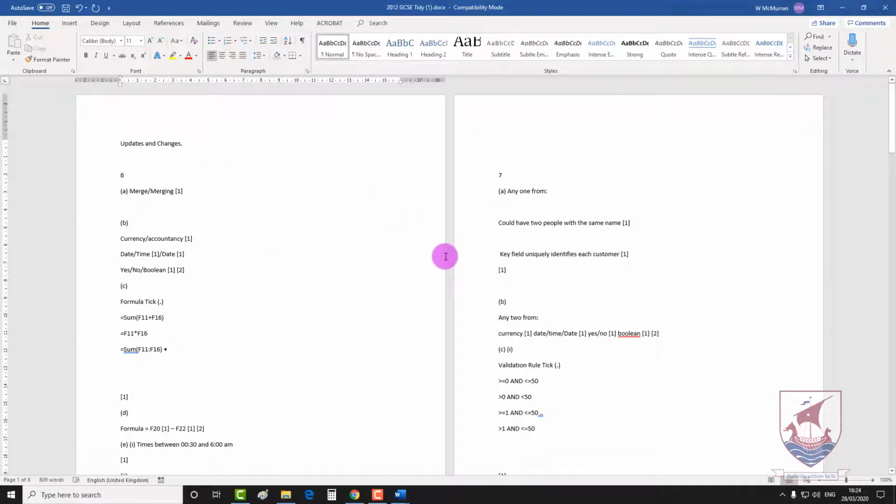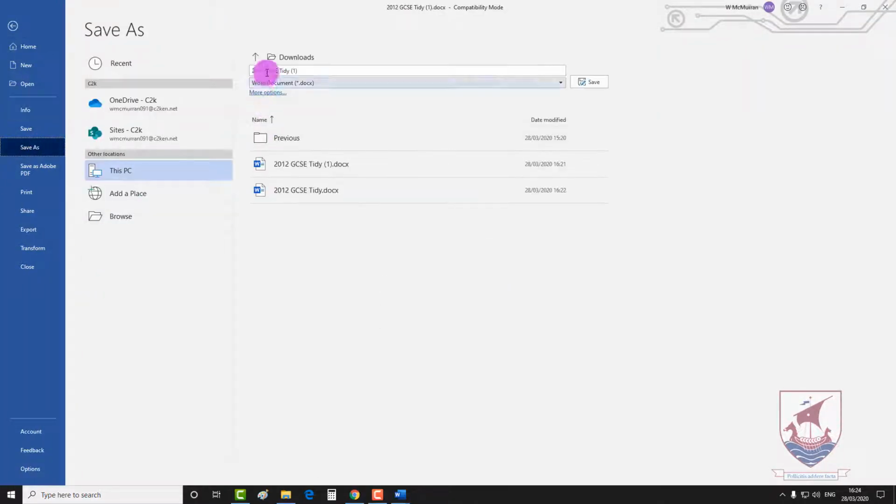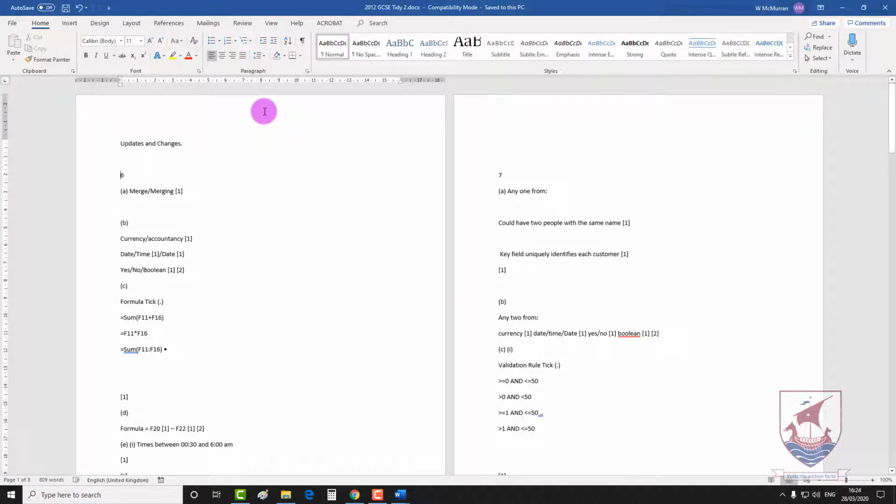So if you go on File, Save As, save it just to where it is. You can call it updated or put the day's date on it, or new, or version 2. Just save it as something different to what it was originally called, and hit save. Once you're finished with the document updating, you go back to your